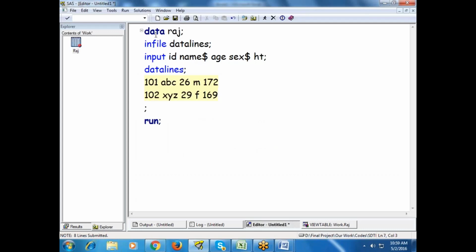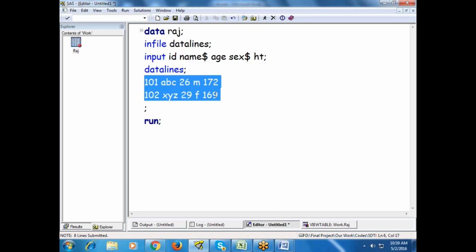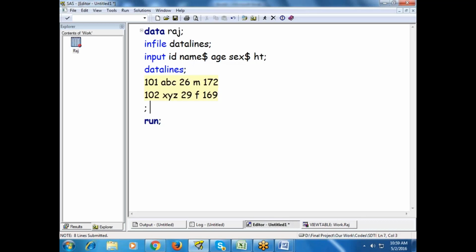First thing is your program should start with data and it should end with a run statement. This is point number 1 you have to keep in mind. Point number 2 is that everywhere it ends with a semicolon, except the data lines. And finally run. That's it. If you want to read alphabets, you give a dollar symbol. If you want to read numbers, no need to give anything. And you have to keep 3 words in mind: infile, input, datalines. Okay, right.